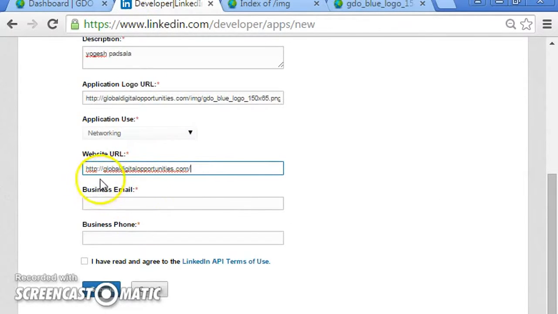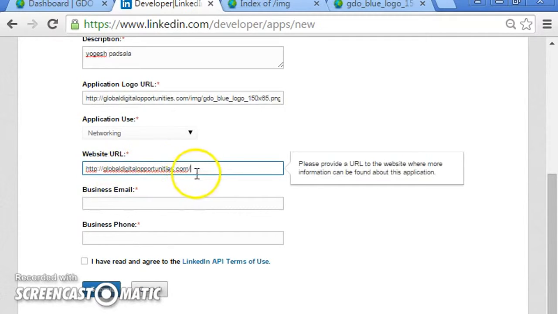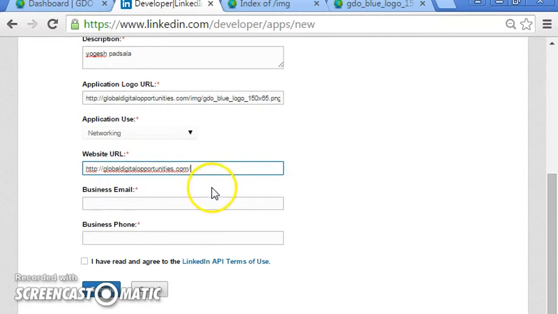Again, you can put globaldigitalopportunities.com here, but as with other applications, in case we change this domain, you will probably see instructions below this video. So go and look below this video. If you are not seeing anything, then just put global digital opportunities, otherwise put whatever has been instructed,